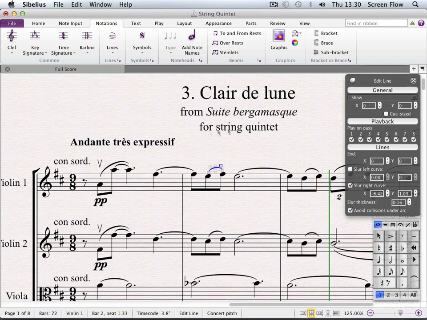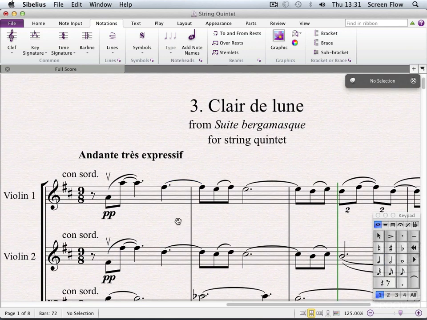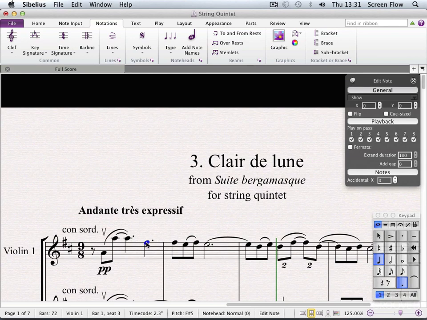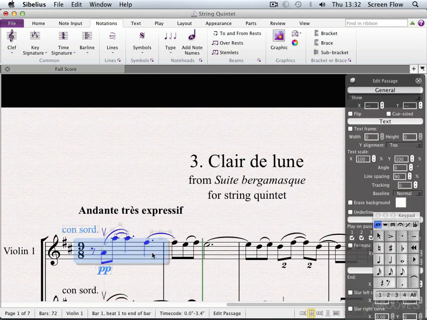Zoom back out. Now, these lines here look an awful lot like slurs. But you also can see down on my keypad that my tie line has lit up. Now this is a really, really important thing about Sibelius. Although ties and slurs look exactly the same, they behave in a very different way, and they massively affect the playback. So for example, if I delete this tie and replace it with a slur, it looks fine, but you will now hear the second note. If I solo that section,